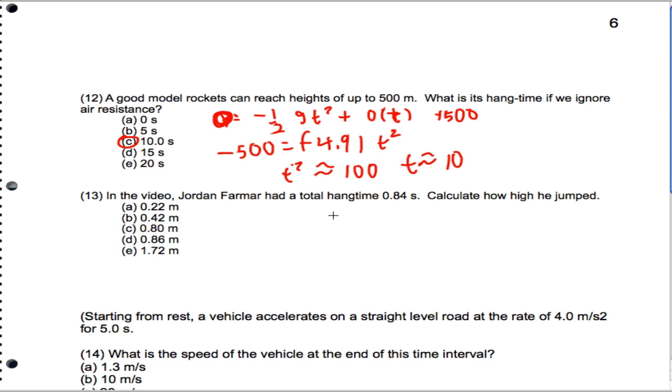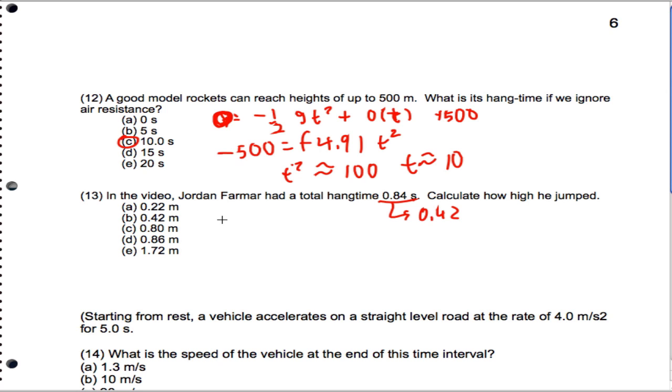Close enough. Now, in that video, we saw Jordan Farmer had a hang time of 0.84 seconds. How high did he jump? A lot of people made a mistake with this. You have to have the hang time to get the time that you actually spend either going up or going down. So let's get the time he spends falling, use that as the time that he spent falling, calculate how high he fell from, because that's how high he